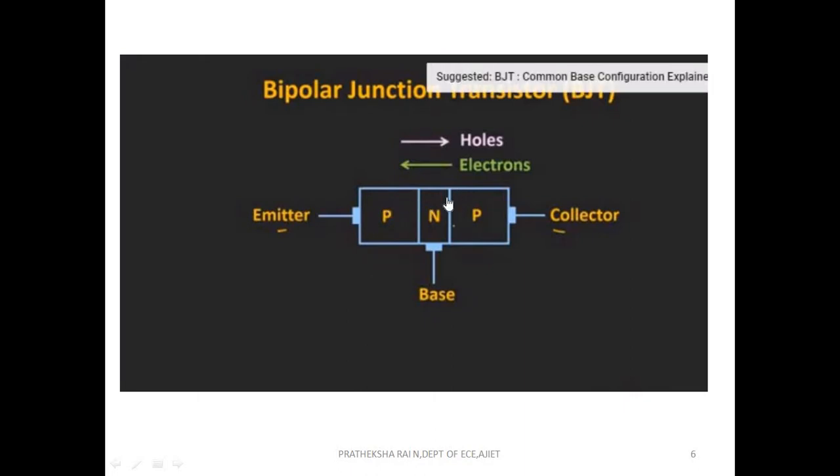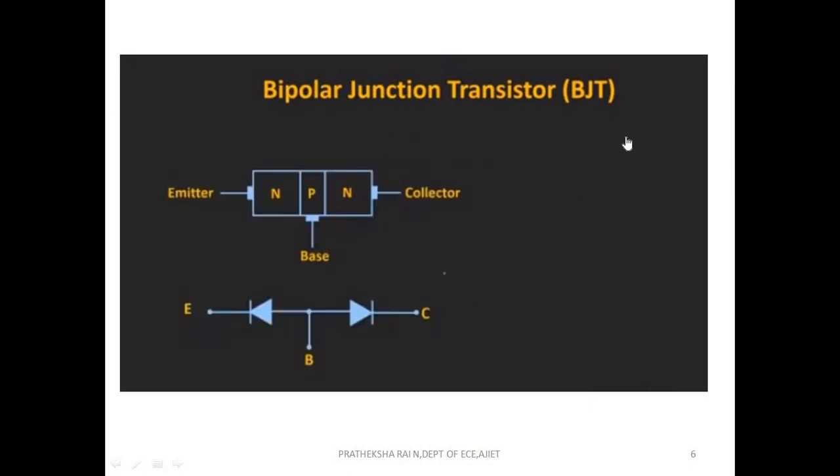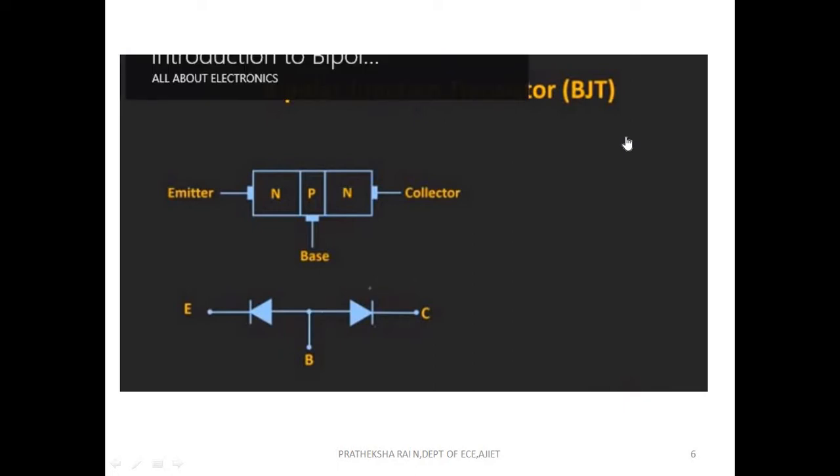Now, if you look inside this BJT, there are two PN junctions. One is between the emitter and the base, and the second is between the base and the collector. It appears as if two back-to-back diodes are connected in series. But actually, it won't behave like that. Because when we connect two back-to-back diodes, we are assuming that there is no interaction between the two diodes. That means these two diodes are operating independently. But in the case of the BJT, there is an interaction between the two regions. So if we connect two back-to-back diodes like this, it won't behave like a BJT.